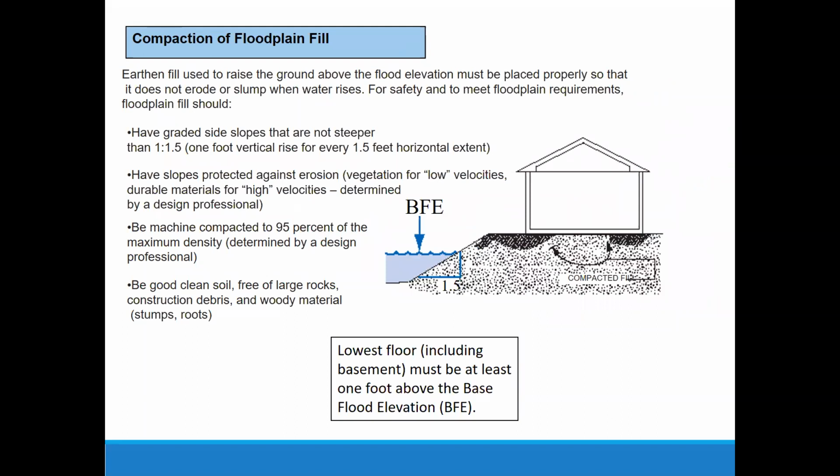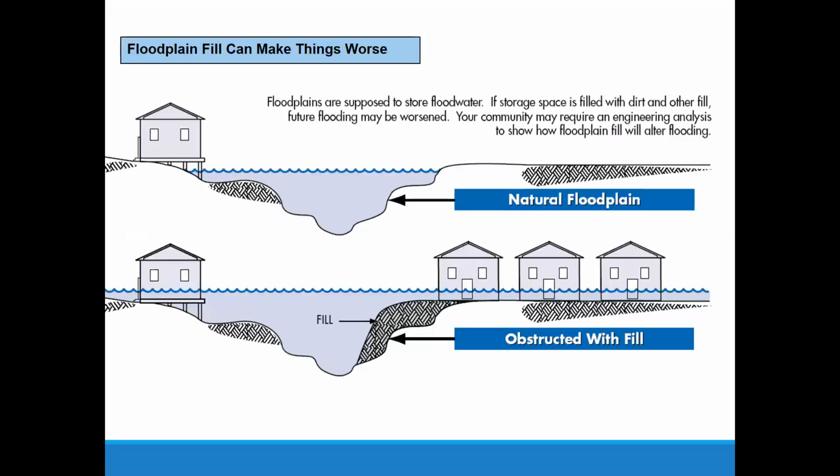There are some general requirements for compaction. Remember, if you put fill in the floodplain, you want to have compaction. You don't want the edge of your slope too close to the building. These are some general requirements. If you're doing fill in the floodplain, 9 times out of 10, you're going to have a permit from the Division of Water Resources. Talk to the engineers at DWR about what they're going to require for your floodplain fill, compaction, and survey requirements.